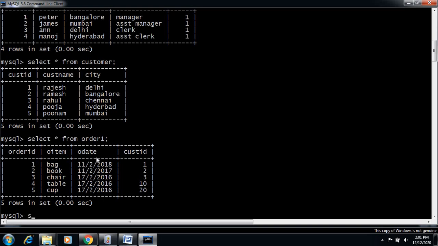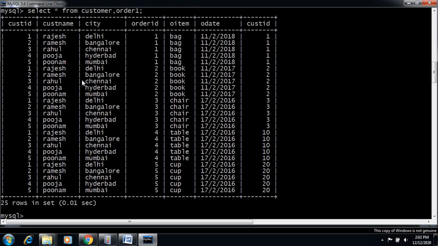How to perform the cross join? For cross join, there are no conditions. Here customer ID is the customer ID of this table and the customer ID of this table. You can see that customer ID 2 is not matching with 1, but yet it is joined. 3 is not matching with 1, but still it is displayed. There are no matching IDs. I need matching IDs; only I want to display the matching IDs.